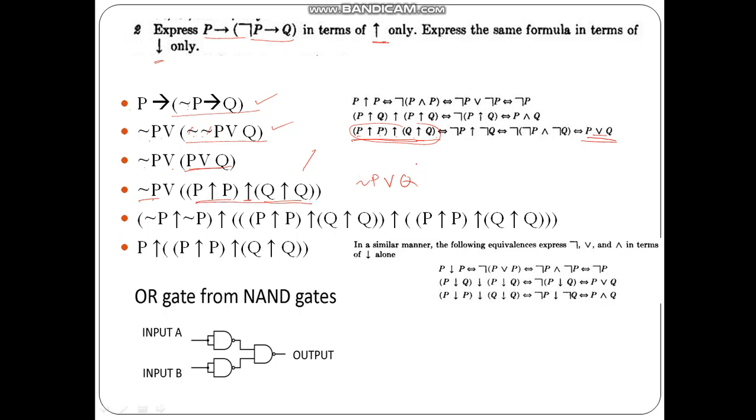And if you want to write that in terms of NAND again, you have to write it in this way: P NAND P, NAND P NAND P, NAND this equation two times, Q two times. So we get every formula in terms of NAND only. This is the reason why we have discussed that representing the equations by using only NAND gates or only NOR gates is very difficult. Okay, so that's the reason.